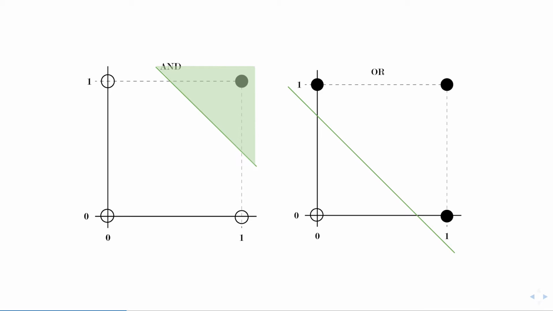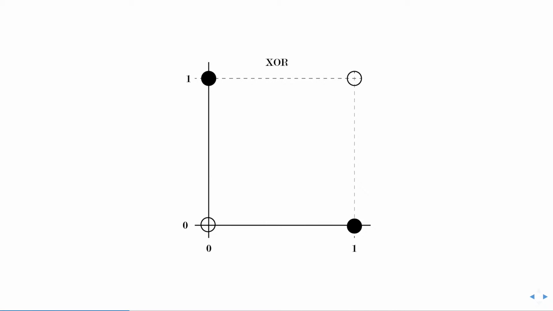So now, what about if you want to do XOR? XOR is just exclusive OR. So we don't want it to fire when both are on. We only want it to fire when either is on. And it turns out, if you try and draw a line through here, there's no way to draw a line. So we have to do something else. Ideally, we would have to draw two lines, one on the bottom and one on the top, and just take the kind of diagonal space that we have there.